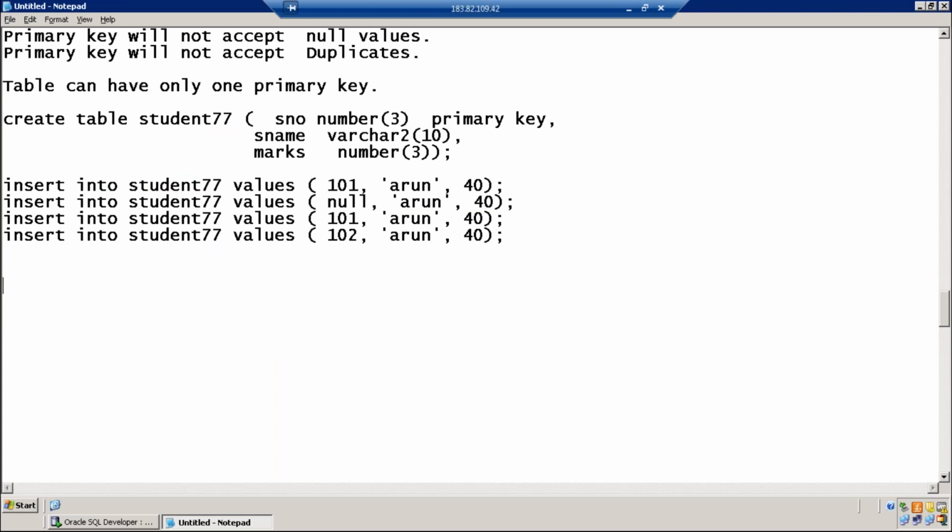But what could be the logic? Suppose a bank number will be a primary key. But for example, there is an Aadhaar card number also. That is also unique, like a national ID. In that case scenario, how to satisfy that scenario?